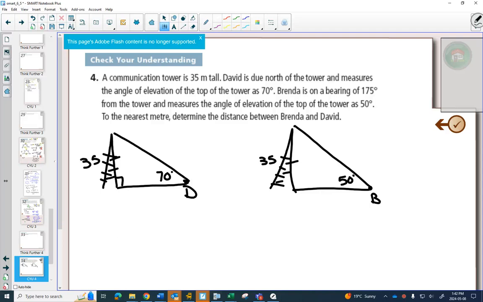So what I'm going to do is I am now going to use the bearings. And imagine I'm looking from the top down. So I was doing this problem. First of all, I started on the problem. I'm walking around, and I drew these diagrams while I'm walking around on the ground. I went right here. I saw David. I saw the tower. He measured 70 degrees. I drew that triangle. I went over to Brenda, saw the triangle when she was measuring. Now I got in an airplane, and